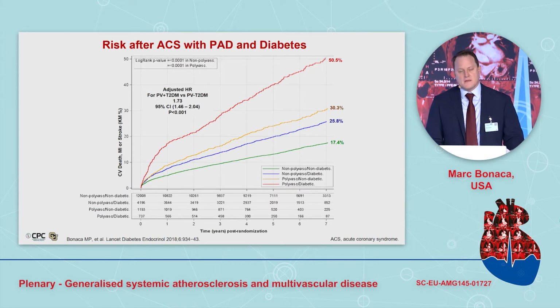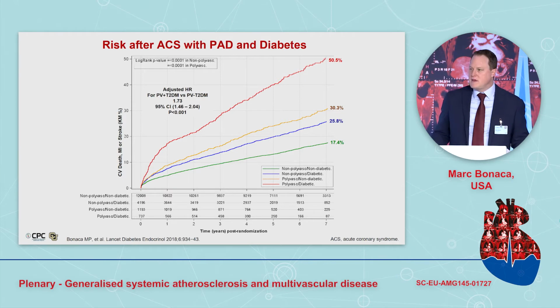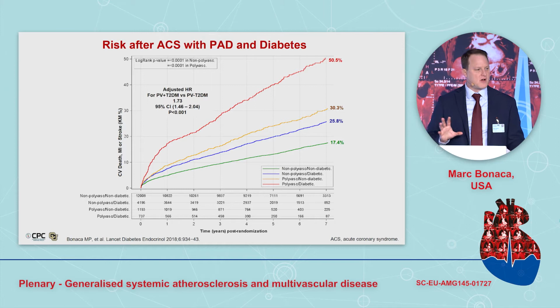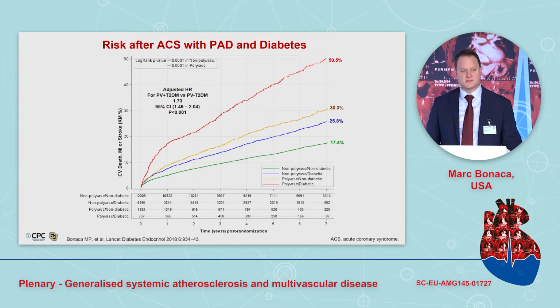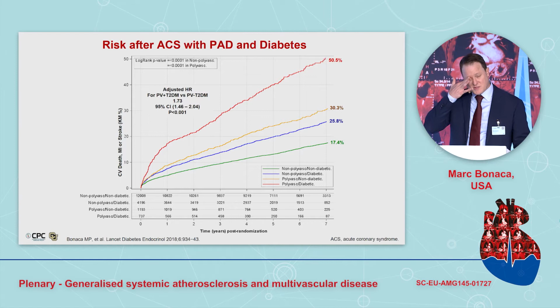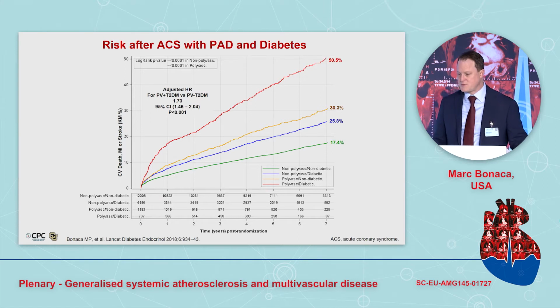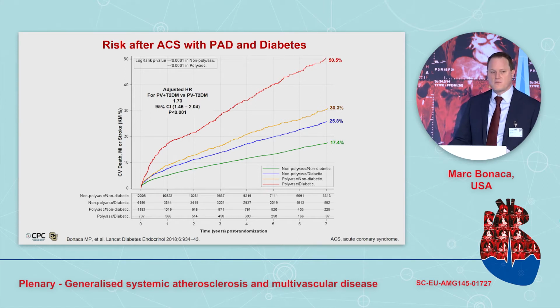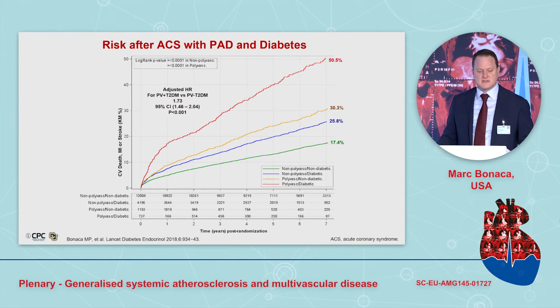And one of the questions that always comes up when you look at those type of data is maybe those multiple symptomatic territories are just aliasing for other risk factors. They're just sicker patients, right? And we adjust the analyses and so on, but maybe it's really just identifying patients with more comorbidities. And this question came up in the IMPROVE-IT trial. I actually worked on this paper with Dr. Braunwald, and we thought, well, maybe it's just a surrogate for things like diabetes.